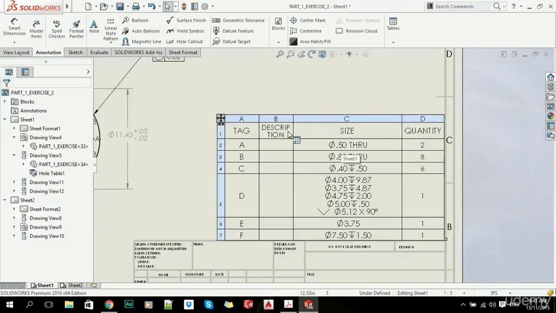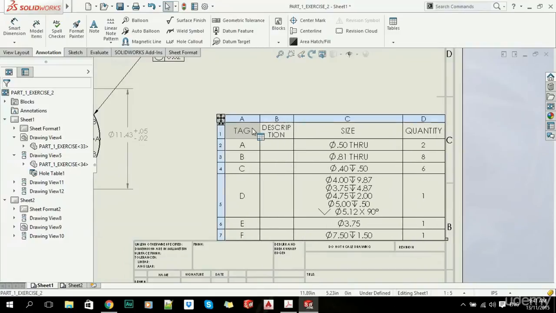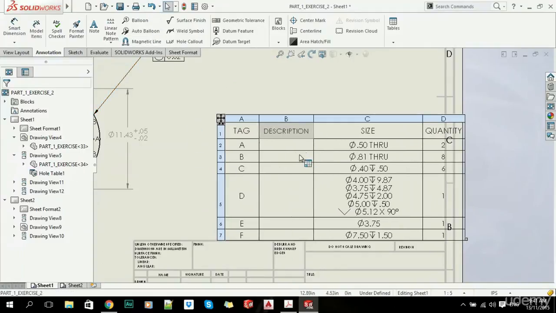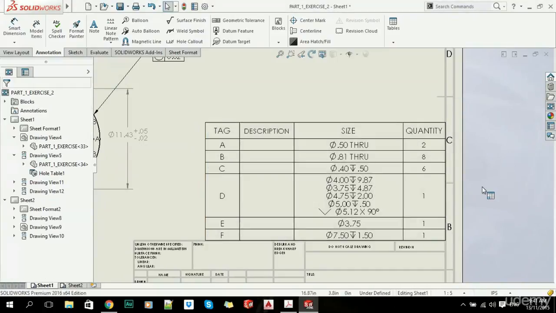Okay, now let's just increase the size. Sorry, the other way. Okay, great. Now let's just move our table a bit. Now, if we have our description and you want to describe all of these holes, let's say, I don't know how to drill them, etc.,